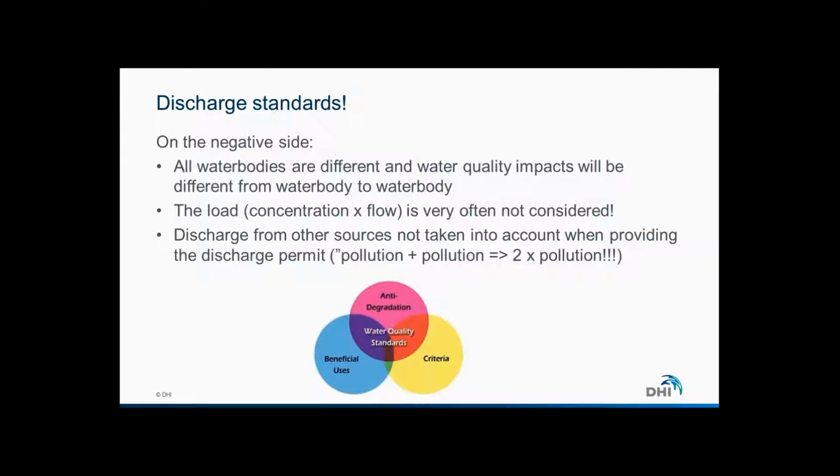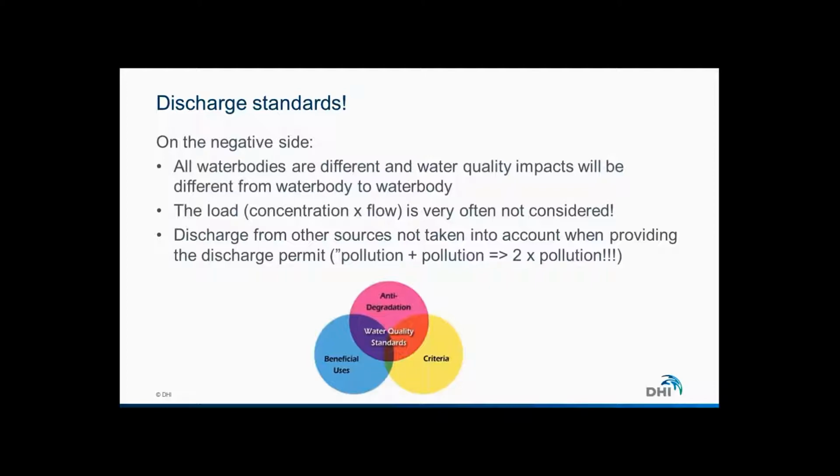But the negative side is also there, because every water body is different, and water quality impacts will be different from discharging to a small river, discharging to a lake, discharging to a big river. And I think a very important factor that we sometimes forget in these discharge permits is what we call the load. And the load is the concentration of the substance that we are discharging and the flow. And it's not very often considered. So in principle, you can discharge 20 milligrams of BOD per liter. And if you have 10 liters, it's going to be a relatively low load. If you have 10,000 liters, it's going to be a big amount that is going to be discharged into the